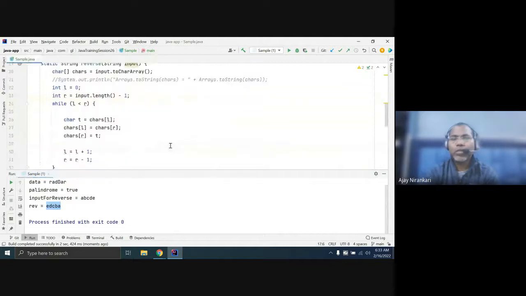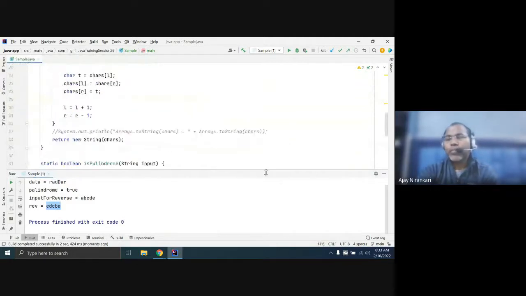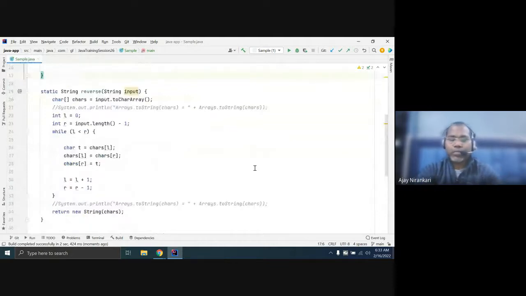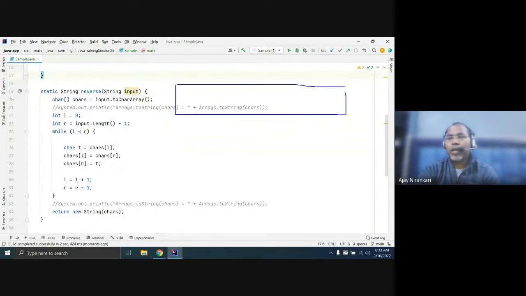This logic solves many problems when you are doing array operations. Sometimes this will help when you want to perform two activities at the same time.